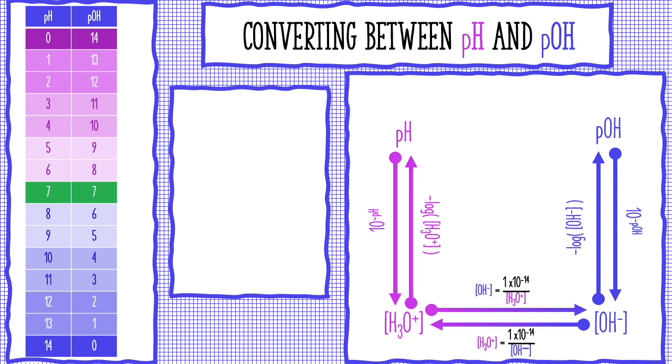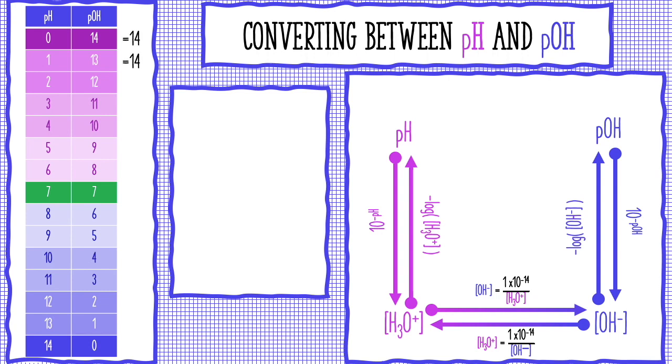All right, so now let's talk about converting between pH and pOH. If we take a look up here at our pH and pOH scale, remember that the place we got these numbers from was actually the exponent on our ion concentrations. And so if we were to add these together,